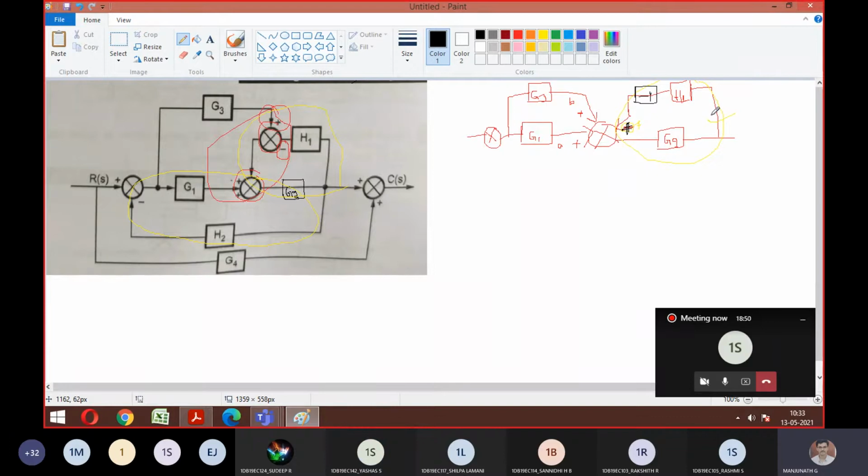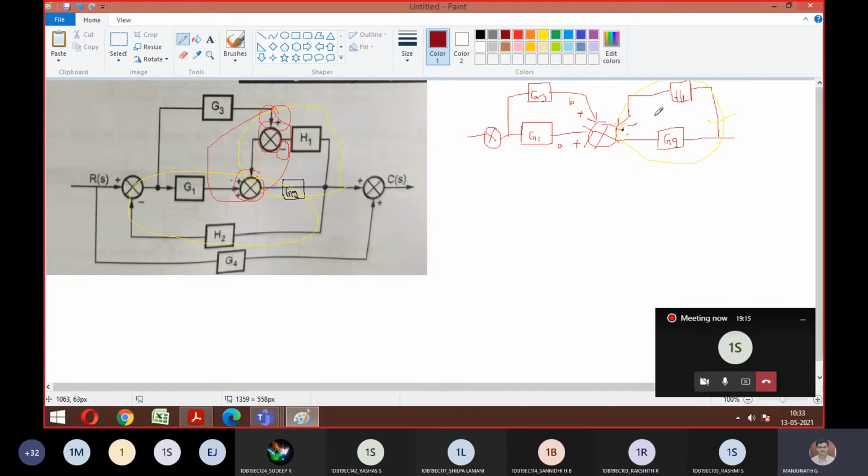So let's move on now. Let me assume that this is having minus only. So let me erase this part. I hope splitting of summing point, any doubts to anyone? I mean merging of summing point. No doubt, sir. Yeah. So now this is minus. So these two are plus.